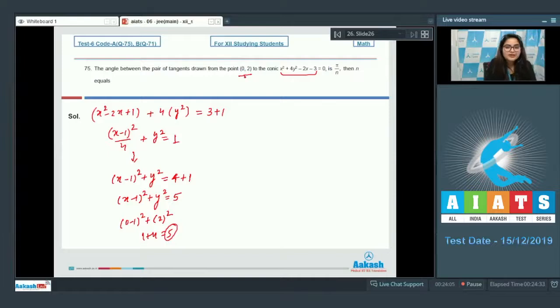So definitely this point lies on the director circle, and you know that from any point on the director circle you draw tangents to that curve, the angle between those tangents is pi by 2. So here the angle between the pair of tangents is pi by 2. So n is equal to 2. So your answer is